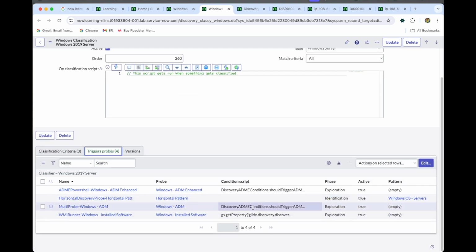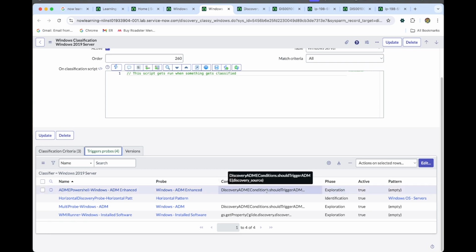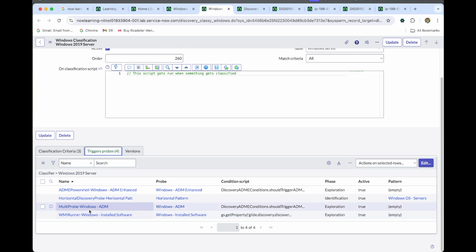What are the trigger props in the exploration phase? So these are all the trigger props: ADM, PowerShell, then ADM multi-probe, then installed software. So while doing the exploration, this installed software has been populated. So if I remove this one,